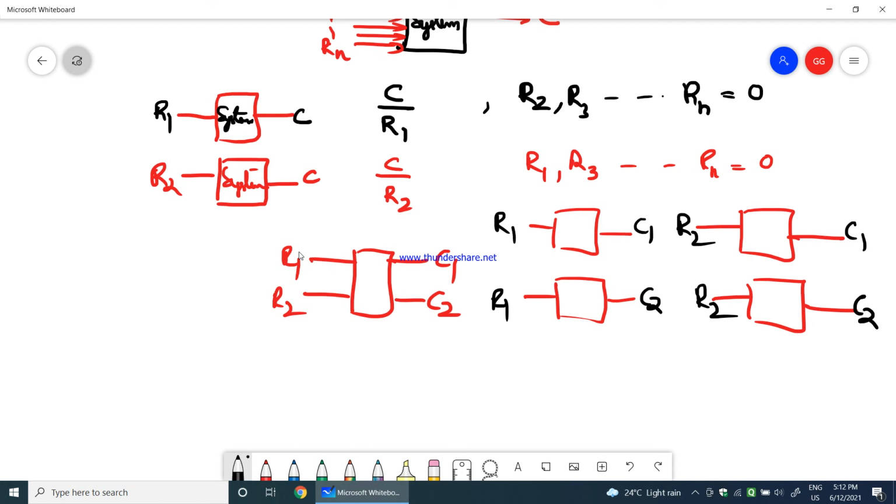Okay, so I hope with these 9 different block diagram reduction techniques which I have explained to you, you are clear with the reduction techniques that we apply for block diagram reduction in control systems. Thank you.